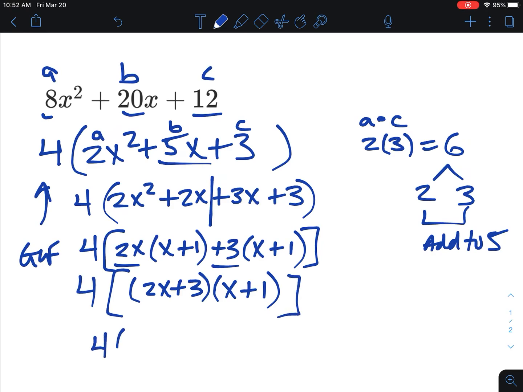So now we are factored, and we are factored completely. 4 times 2x plus 3 times x plus 1. You can tell it's factored completely because there's no other GCFs we can take out here. 2x plus 3 doesn't have any GCF, and neither does x plus 1. So that's how we factor it. Again,